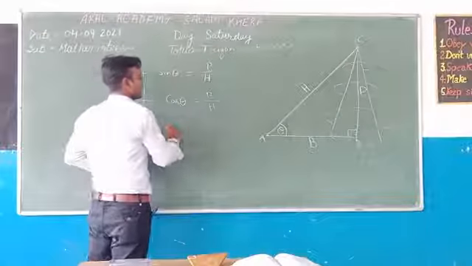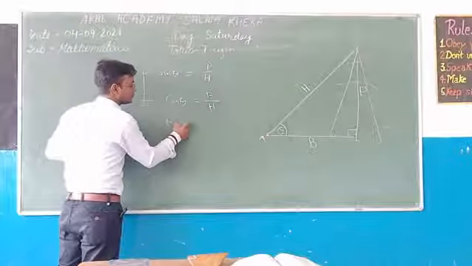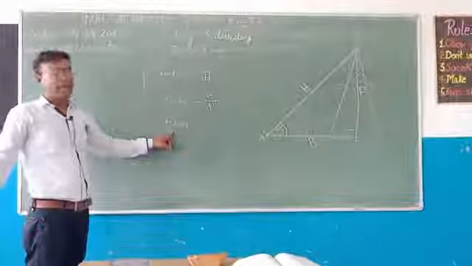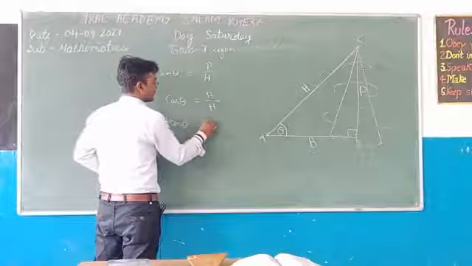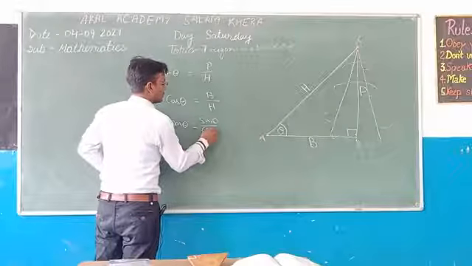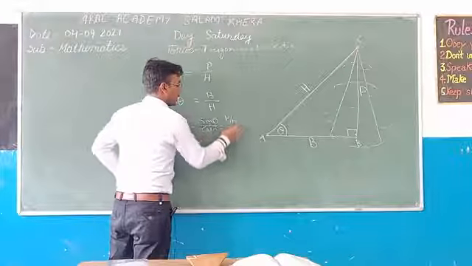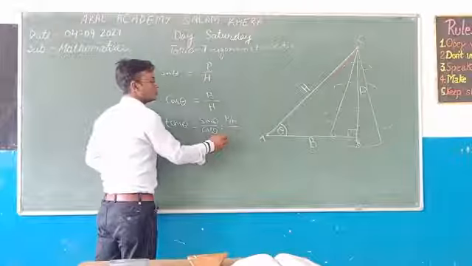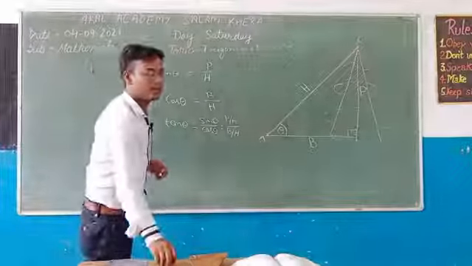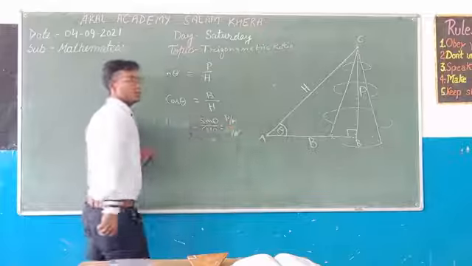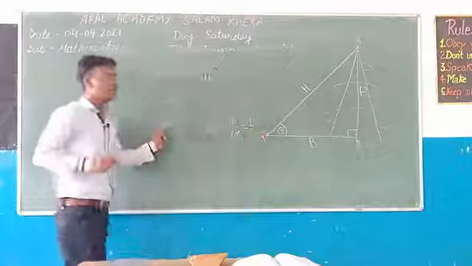Look here, the third ratio you can take is tan theta, that is equal to the ratio of sin theta to cos theta. Sin theta value you know, perpendicular by hypotenuse, and cos theta value, this also you know, base by hypotenuse. You can cancel the hypotenuse by hypotenuse, and what is left is perpendicular by base. So this is tan theta.